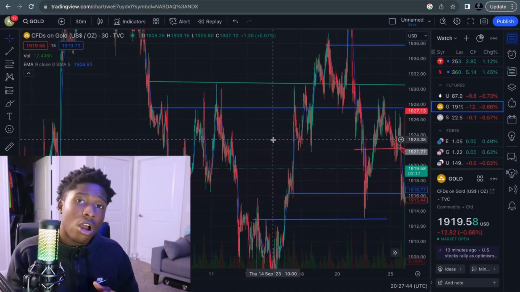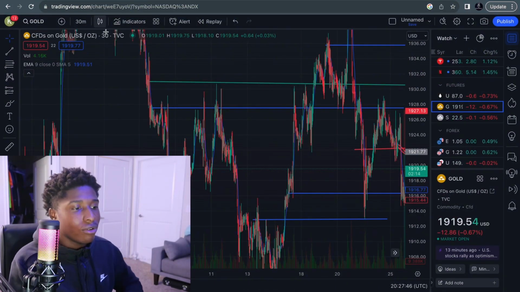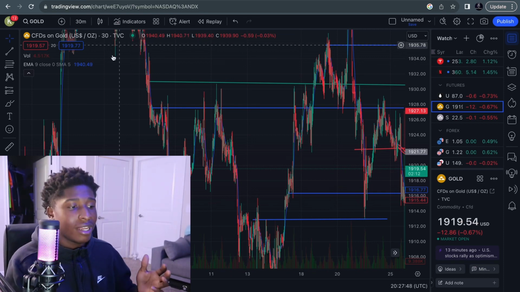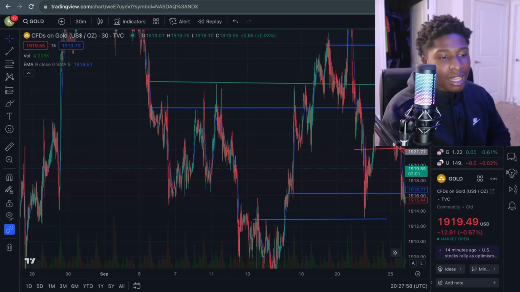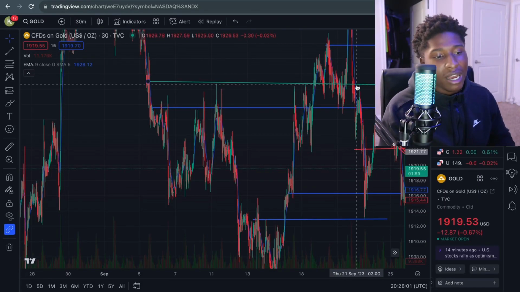As you can see, we are on TradingView, and over on TradingView, if you don't know already, this is where you can get the best charting analysis, the best technical analysis. And over here on this channel is where you can get the best technical analysis and learn the easiest way possible. But anyways, you see a bunch of my lines right here, guys, and this is just my zone